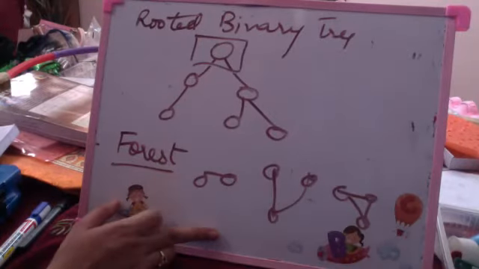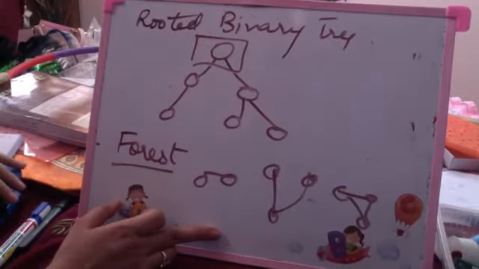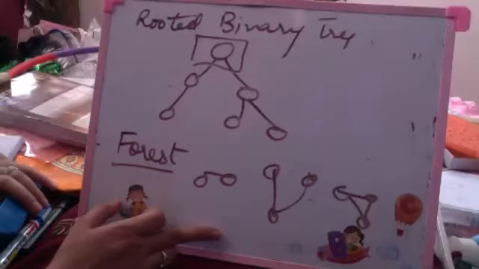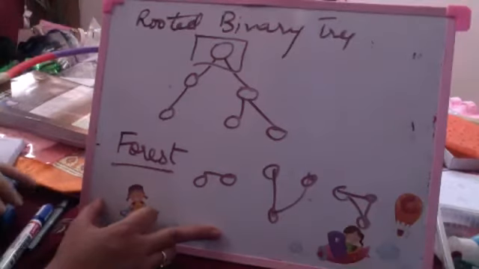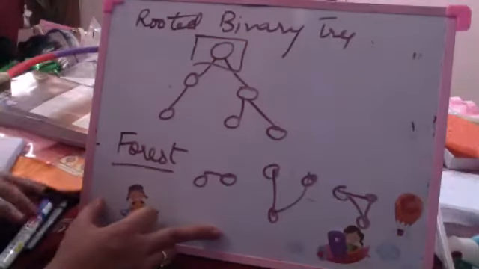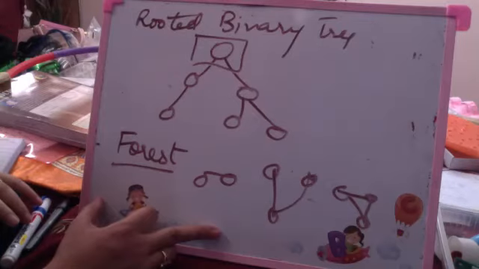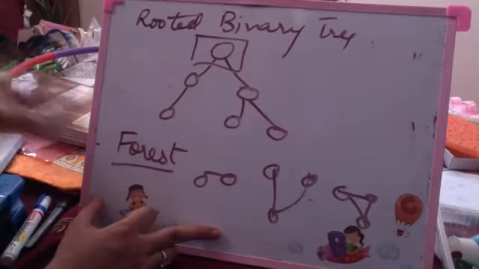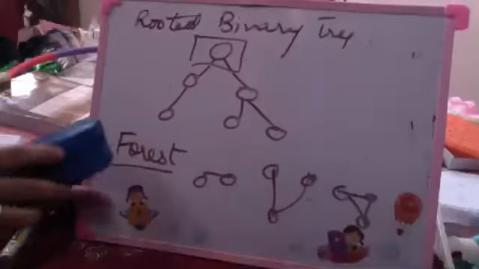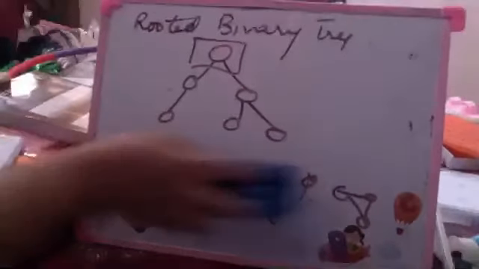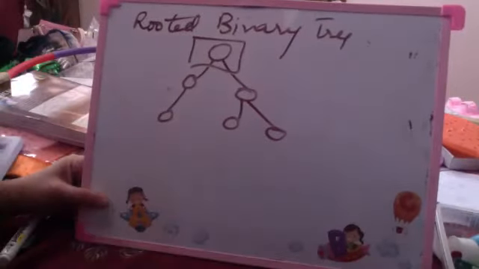There are applications that will require a forest also. Ma'am, is a B-tree also an unrooted tree? Free tree is also unrooted. Absolutely unrooted. ग्राफ में कोई रूट नहीं होती हमारी, आप कहीं से भी source begin कर सकते हो. You can assume any node to be the source. Just for giving you a live example of what I am saying, supposedly there is a graph representing the cities across India.